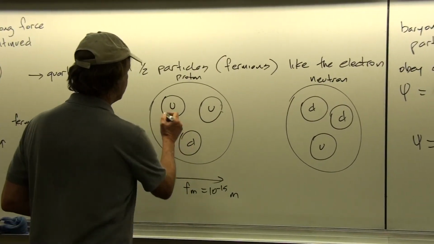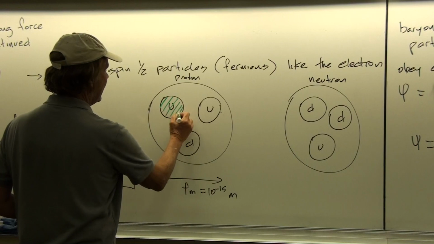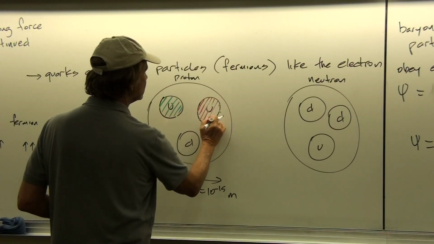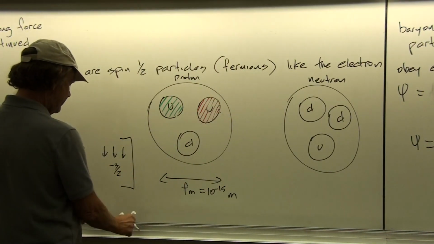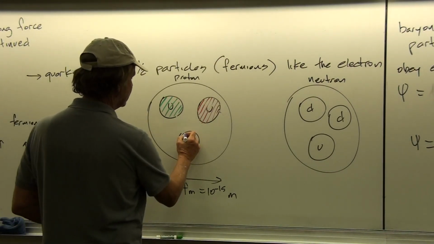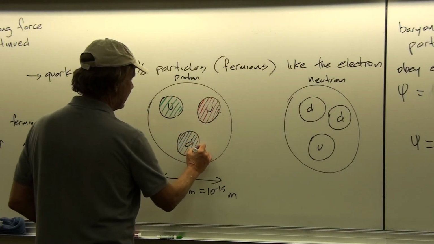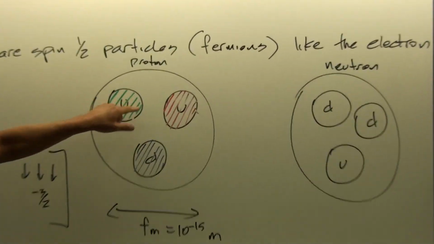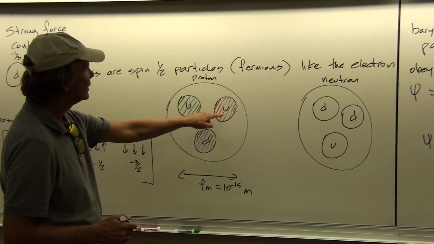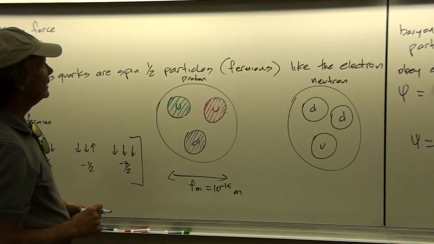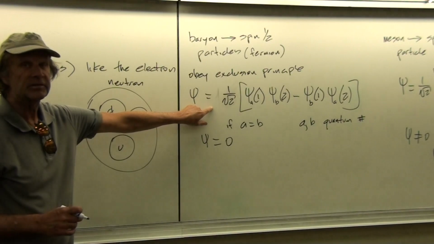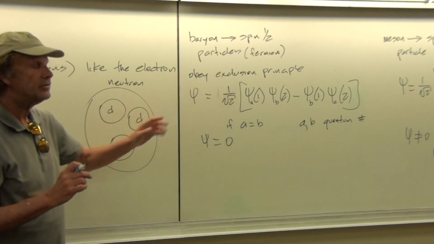They go, okay, well, if these are spin 1/2, then they should be canceling each other out unless there's some stronger force that can overcome the effects of the Pauli exclusion principle. So they go, well, since we have good reason to believe that there are 3 of these, then it makes sense that we would have 3 colors which could add up to 0, so that you would still have a colorless nucleon. But that would bind this thing together and overwhelm the effects of the Pauli exclusion principle. So that was the whole idea behind